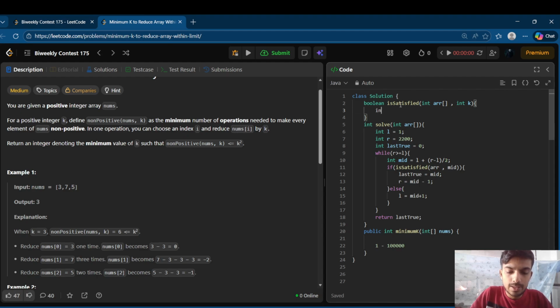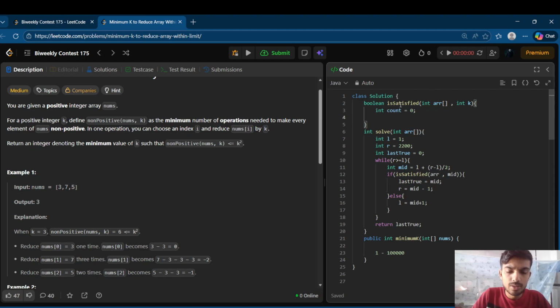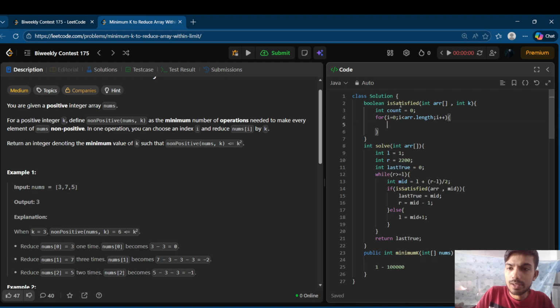Here I can initialize count, and I have to check whether all the conditions given in the description are satisfied or not. So I have iterated over each and every index element, and I have updated the count value: array of height divided by k. If there is a remainder,